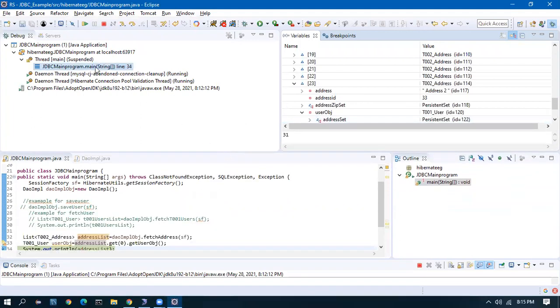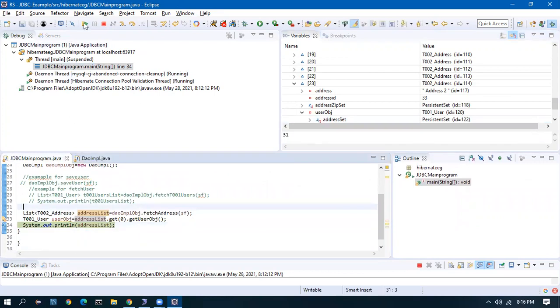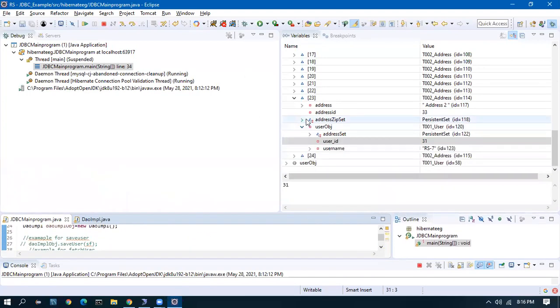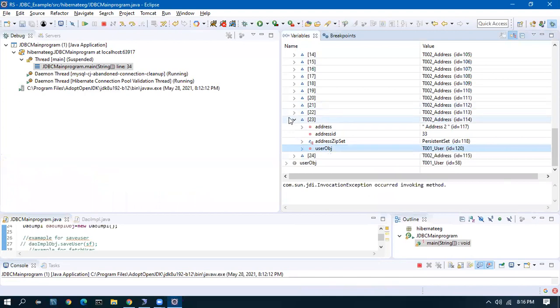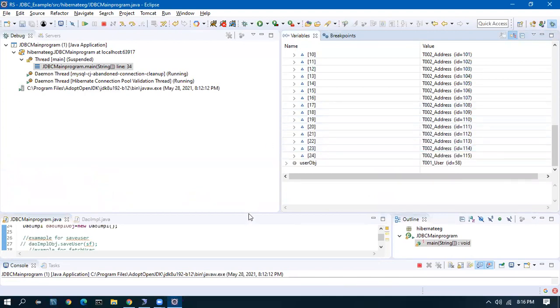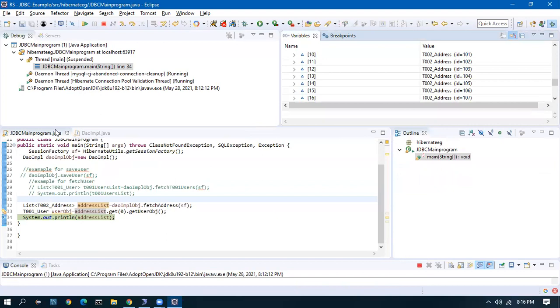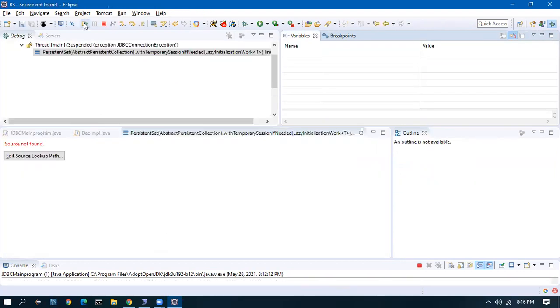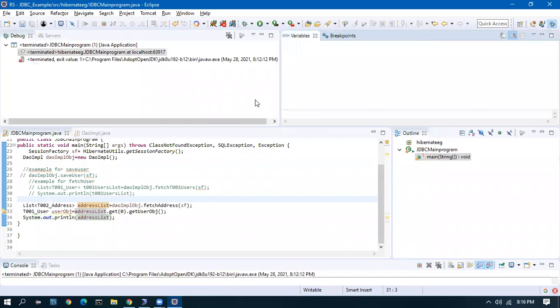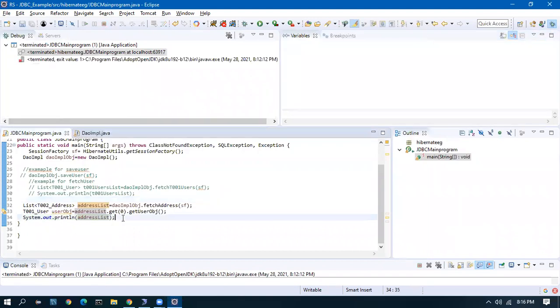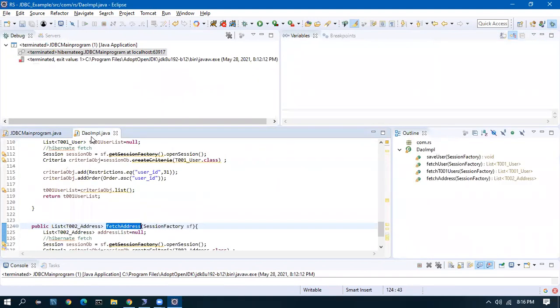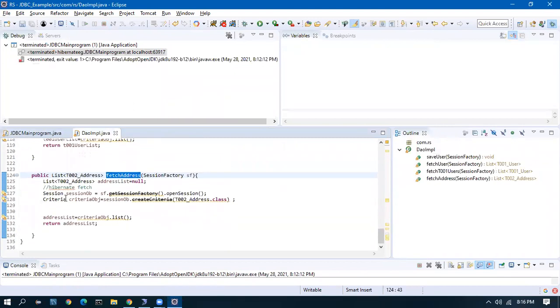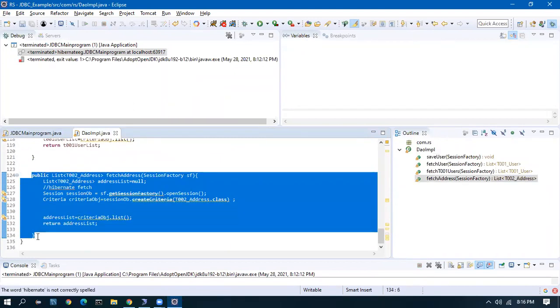So that is one of the advantages which I wanted to show you. And yeah, so this is the parent. When the address is fetched, the parent objects are brought automatically. The same way when I fetch the address zip, I'll show you that also, that the two parents will be brought. Rajesh, that means with fewer queries, we are going to get more details. That's what you're saying. Yes. By default, when you fetch the address, the parents are coming.